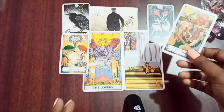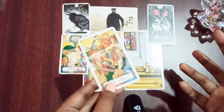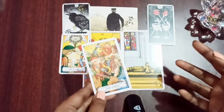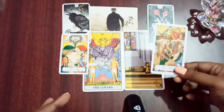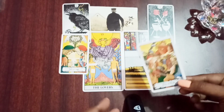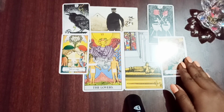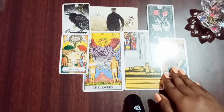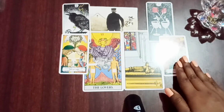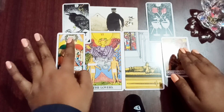And here we can see that there is some conflict going on, there is some tension, and there might be some competition that you might have to deal with in order to form that loving relationship or to become victorious. So you need to go through that tension, you need to go through that competition in order to become successful. So relationships are important, and in relationships you need to have that love,